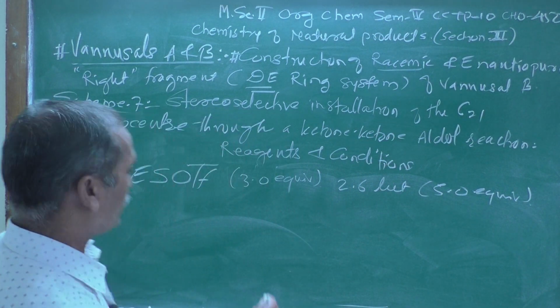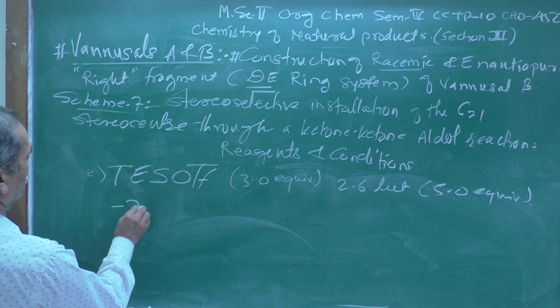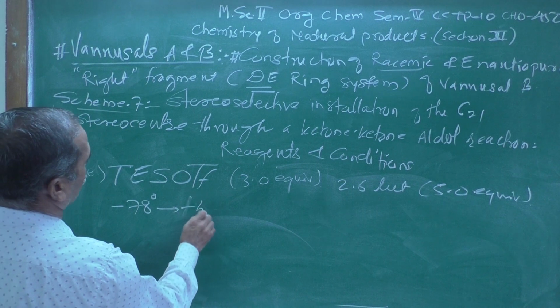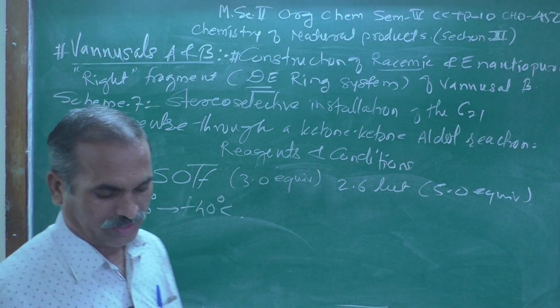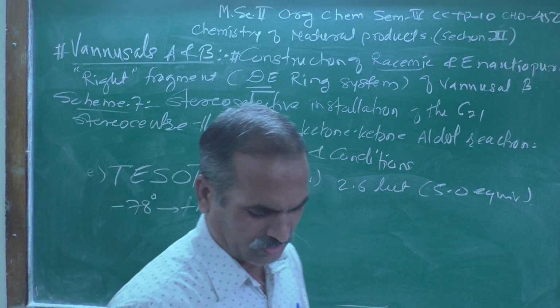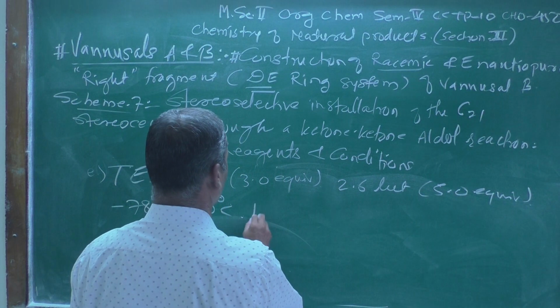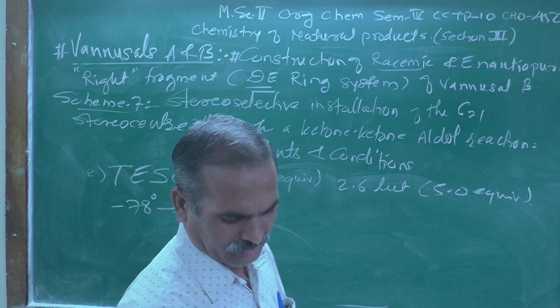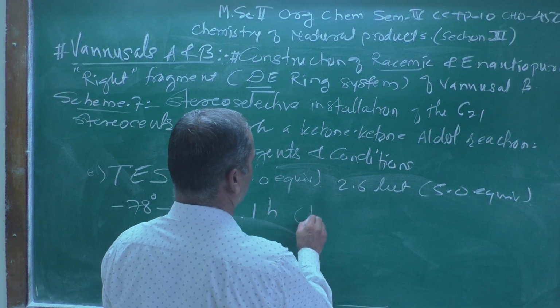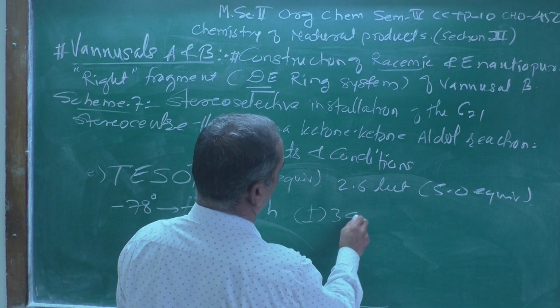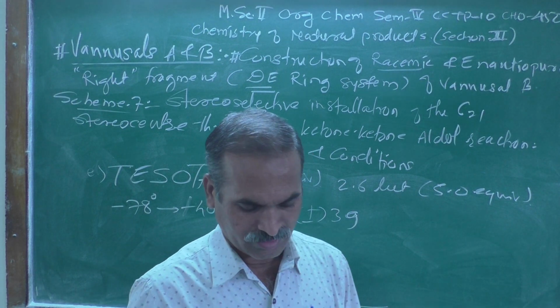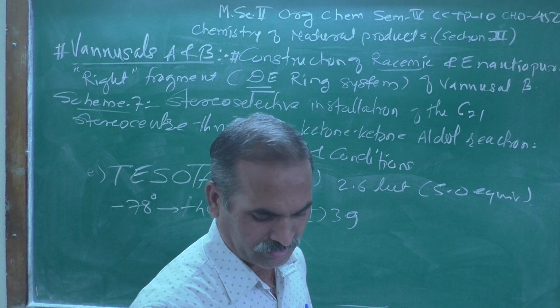The temperature was changed from minus 78 degree centigrade to minus 40 degree centigrade, and this reaction was stirred for 1 hour, and the racemic mixture plus minus 39 was obtained,